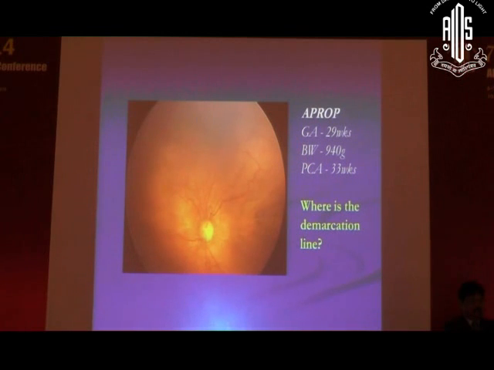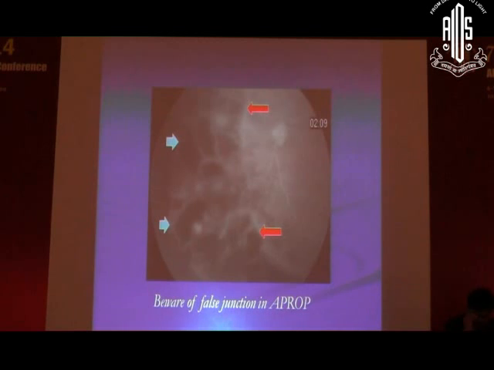So how does it change in the case of APROP? This is showing you again that these vessels are there. It looks very quiet, but you see the direction of those two vessels, which suggests plus disease. I'm showing you this to show where the demarcation line is. You can't exactly see the demarcation line, but if you look closely at the same thing, you'll appreciate that the black areas are all avascular. The blue line is actually where newcomers might think the junction is, and they would tend to laser there. But actually the area is much behind where the ridge might be appearing.